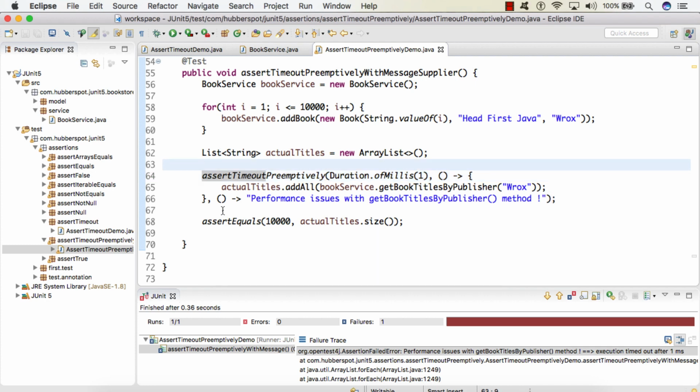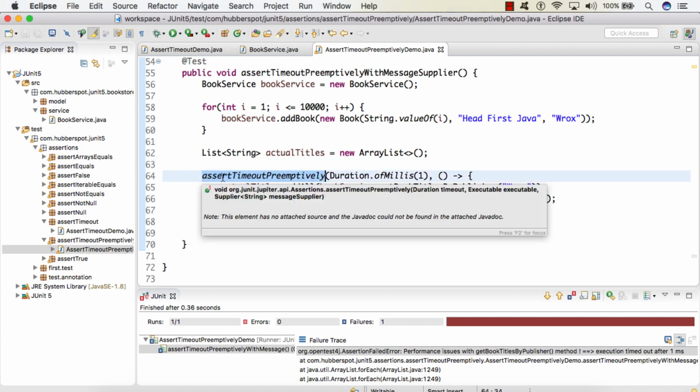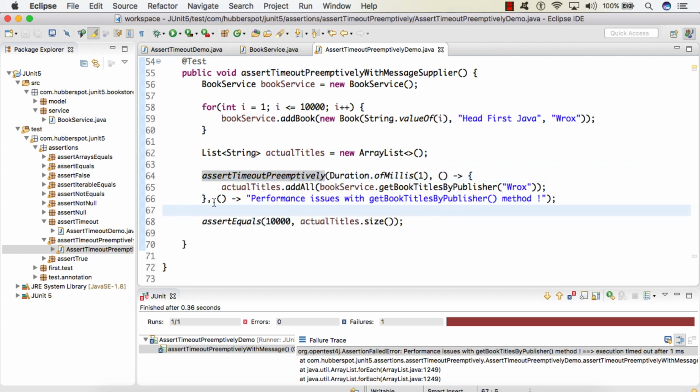But the only change is that, instead of a string, we are providing a Supplier functional interface. When our assertion fails, this Supplier functional interface comes into the picture and provides the customized message which we have passed here.